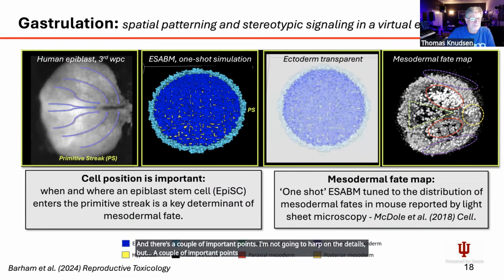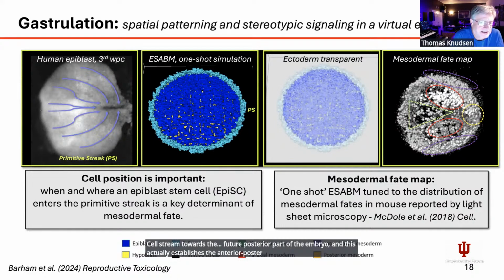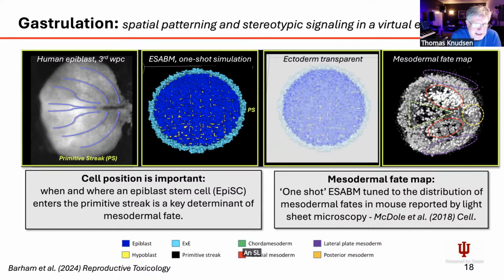Number one, cells stream towards the future posterior part of the embryo, and this establishes the anterior-posterior, or head-to-tail, axis of an embryo. As cells stream, they sink in at that point and form the primitive streak. It's not a structure in itself. It's actually a defect in the ectoderm of that epiblast as the mesenchyme sinks in and migrates between the ectoderm